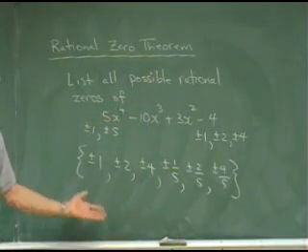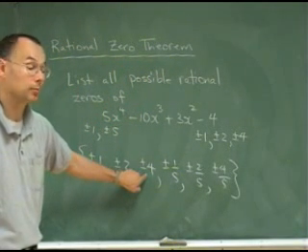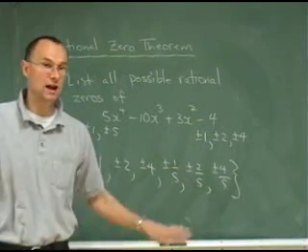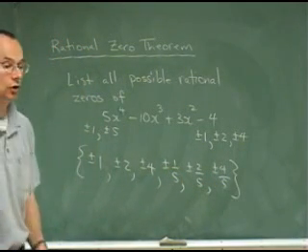And there they are. And if I was going to try and factor this, I would definitely start with these nice to work with numbers and only go to those if nothing else was working for me. Okay? That's the rational zero